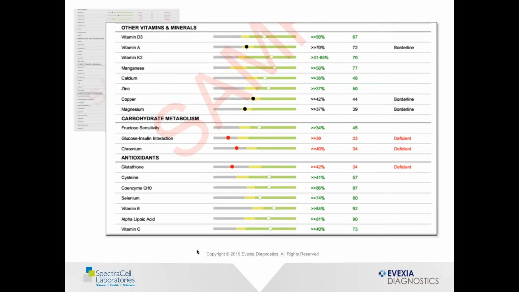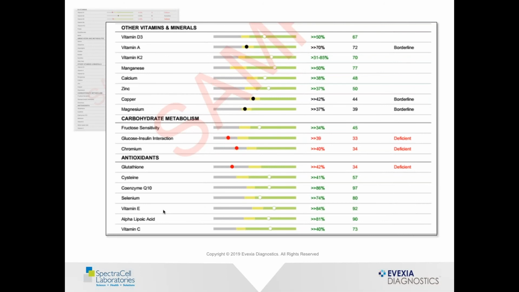Carbohydrate metabolism, here you see chromium as well. Here's all your antioxidants, the whole list. That's where they get that Spectrox from, looking at the antioxidants and what's going on with this individual. Look at glutathione, coenzyme Q10, selenium, vitamin E, alpha lipoic acid, vitamin C, and also cysteine, which is needed for